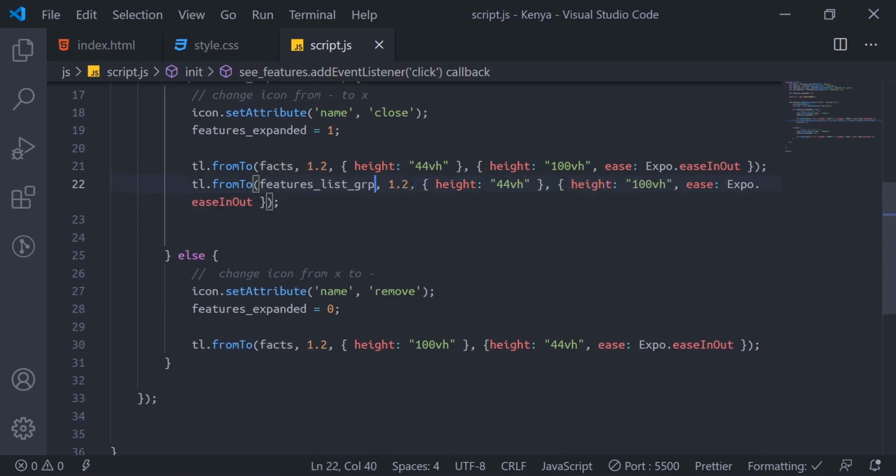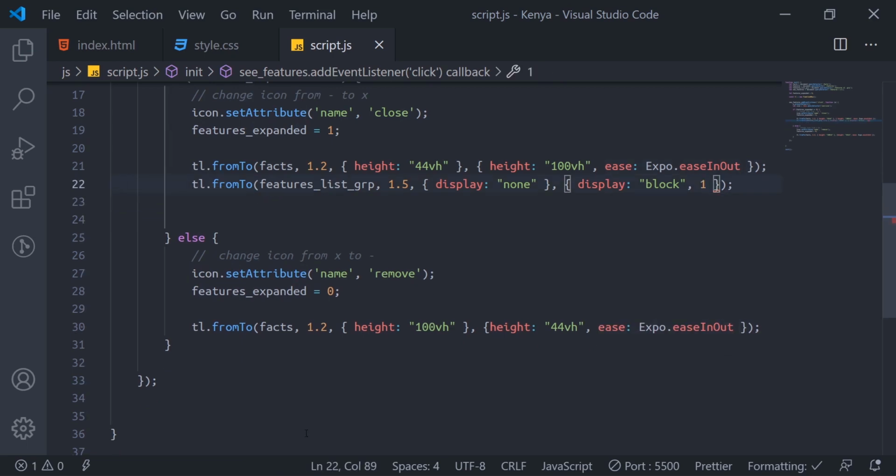Then I'll set the time to 1.5, then display from none to display block. Then instead of this ease in out, I'll just set 1 here.